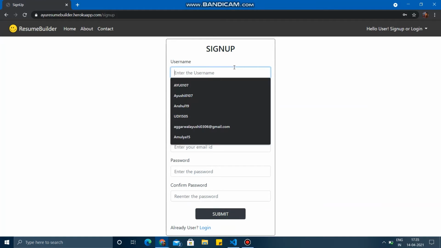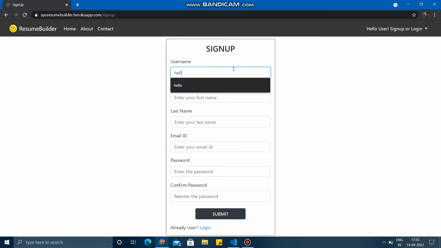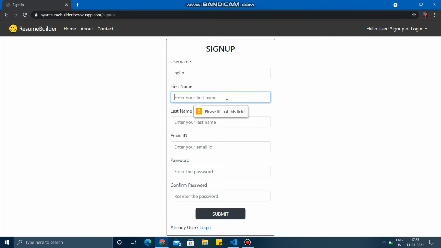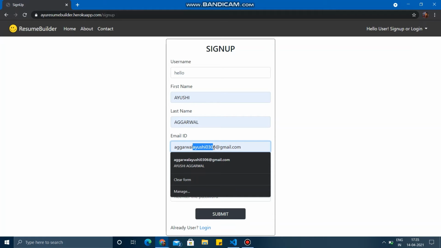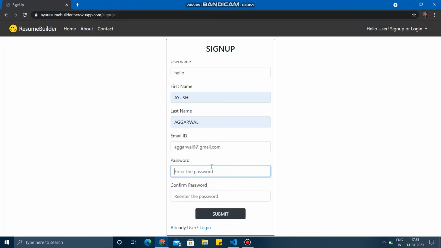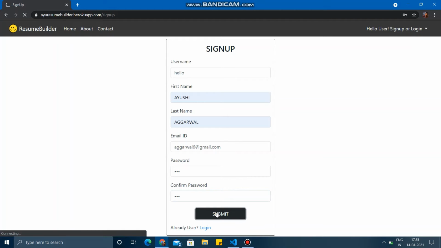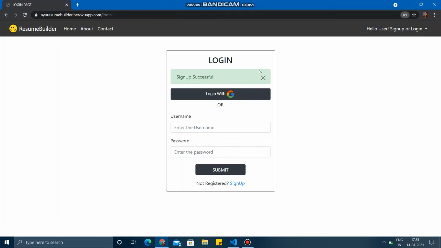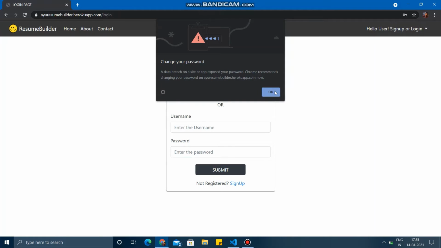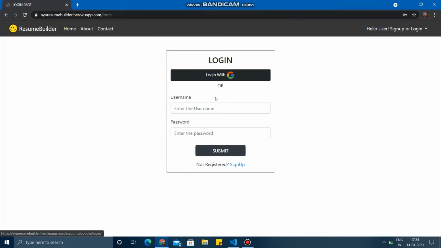Now we'll sign up into the account. So the account has been successfully created. Now the user has two ways to log in.